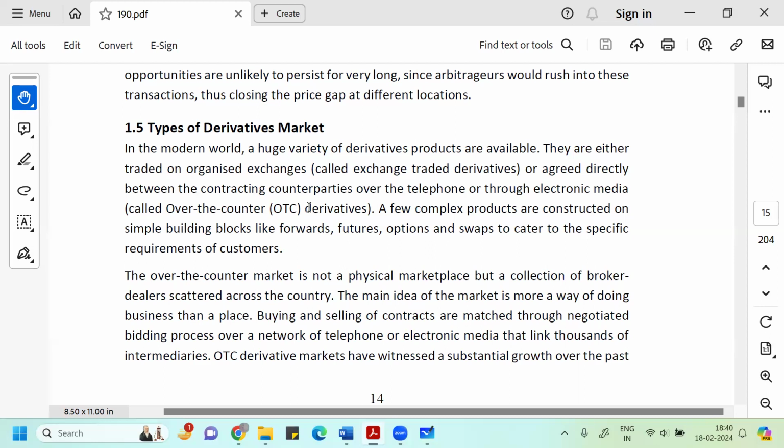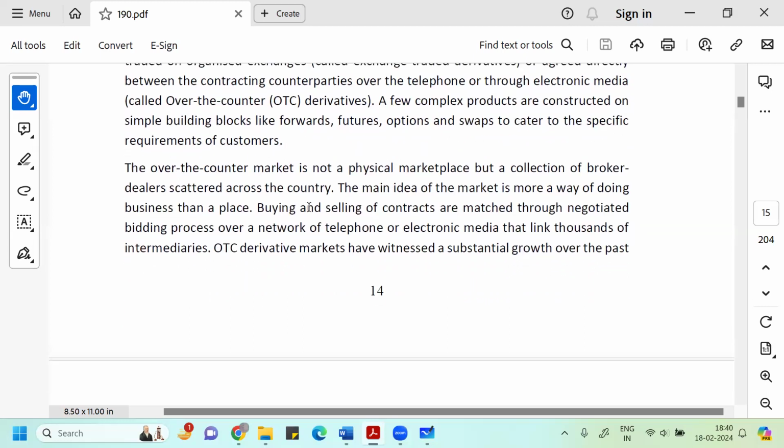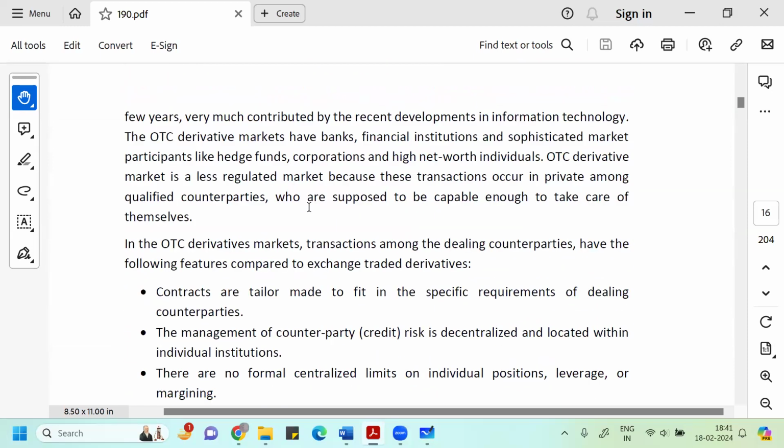media, where the main idea of this market is more a way of doing business than a place, where the buying and selling of contracts are matched through a negotiated bidding process over a network of phone or electronic media that link thousands of intermediaries. OTC derivative markets have witnessed substantial growth over the past few years, very much contributed by recent developments in information technology. Basically, there's no organized medium when you talk about the OTC market,